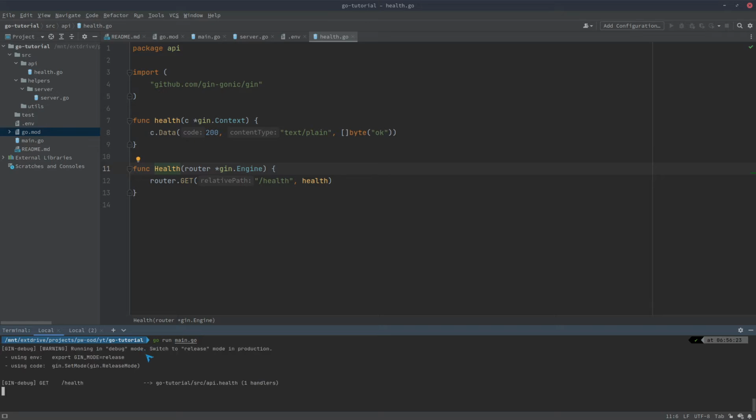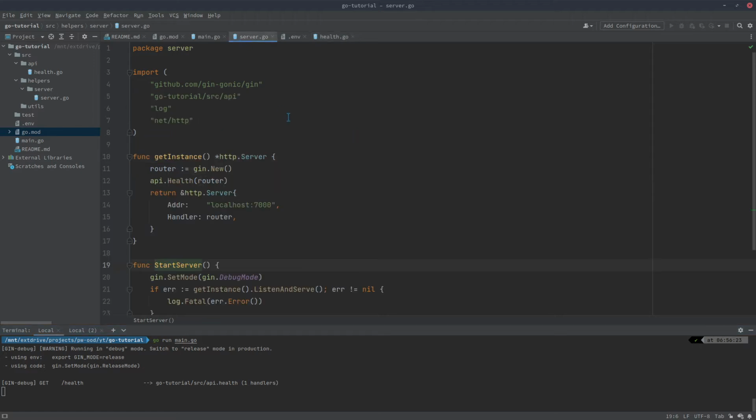We can see that it starts with debug mode, and it registers a single /health endpoint. If we call this endpoint from, for example, curl, we can see that it does indeed return an OK text. Okay, it's nice and running. It does work, but it's quite simple and quite limited. So in this video, we will extend it with